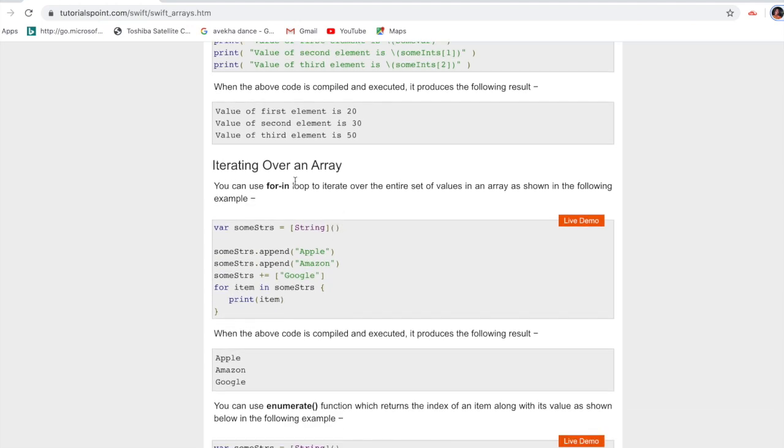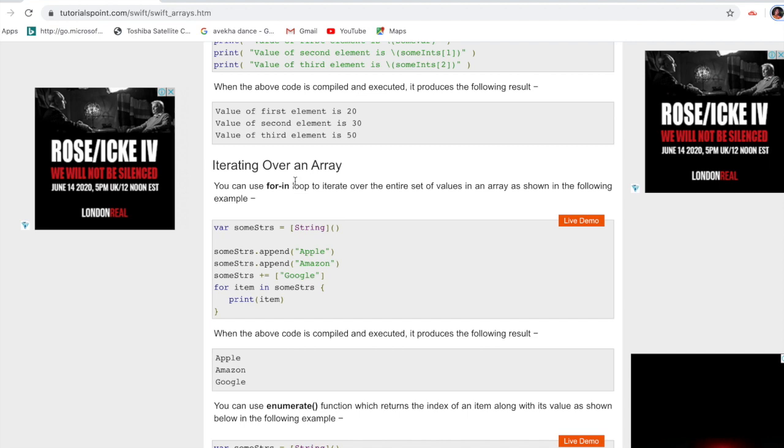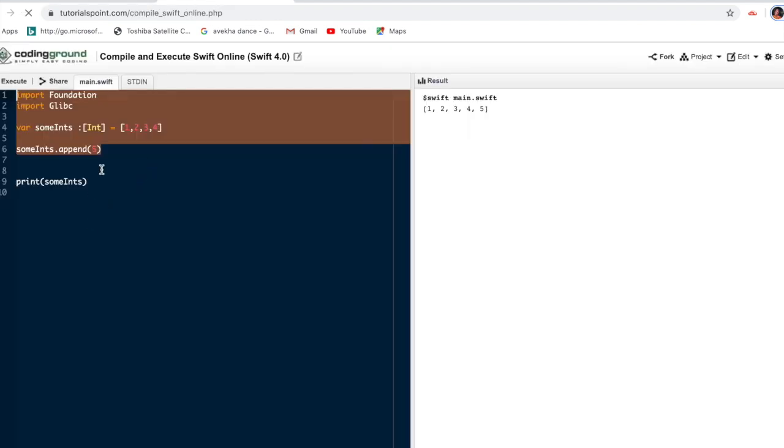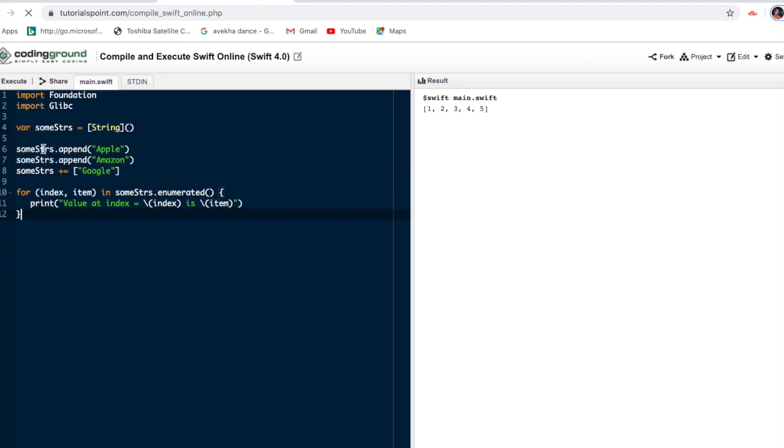Then next is about iterating over an array. Iterating over an array is, for example, this. I have assigned that my data type is string.